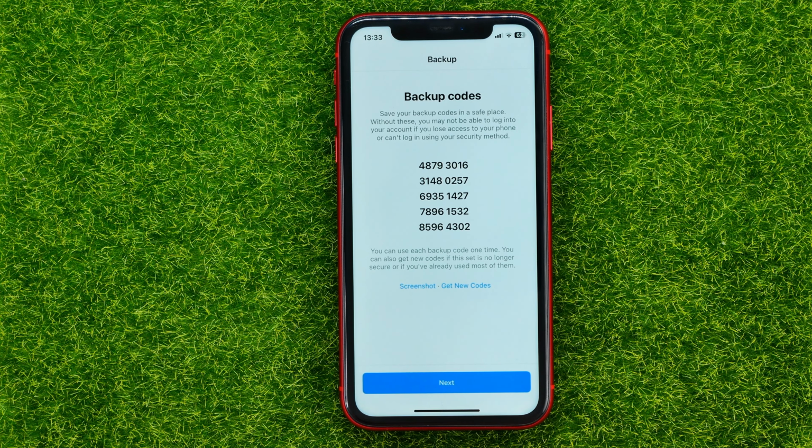You should save your backup codes in a safe place, because without this you may not be able to log into your account if you lose access to your phone or can't log in using your security method. You can use each backup code one time. You can also get new codes if this set is no longer secure or if you are already used most